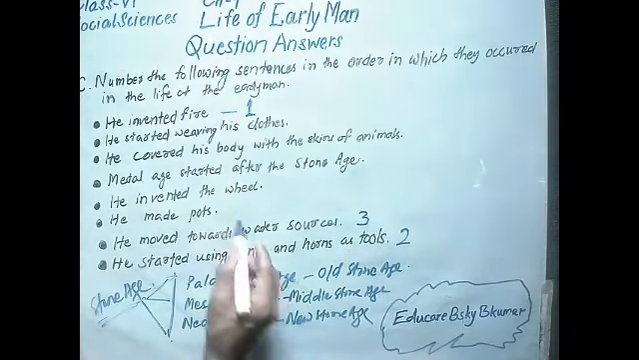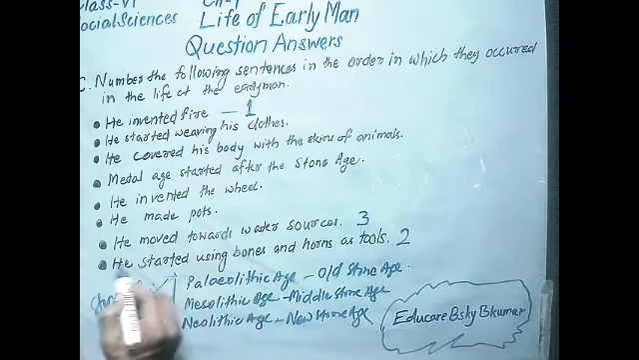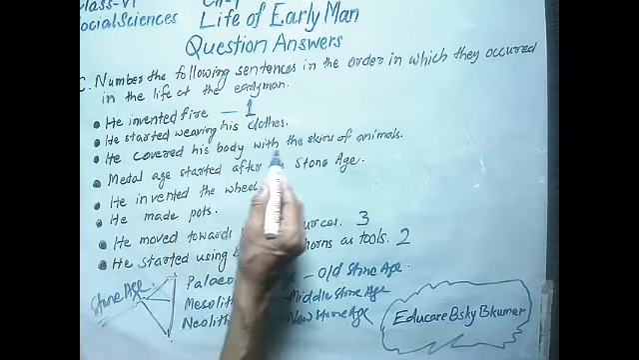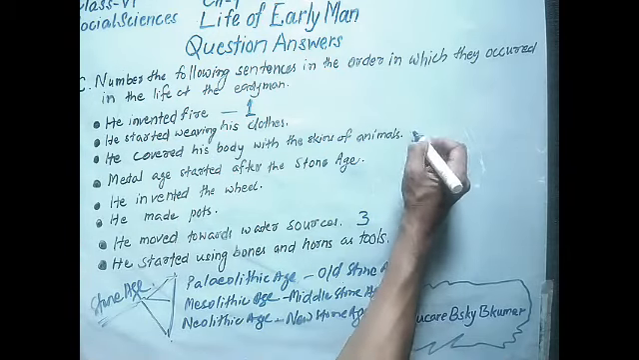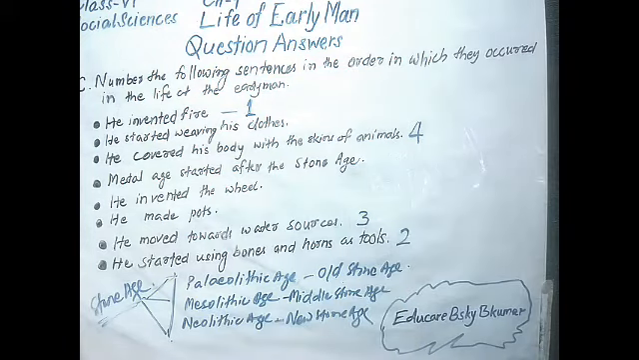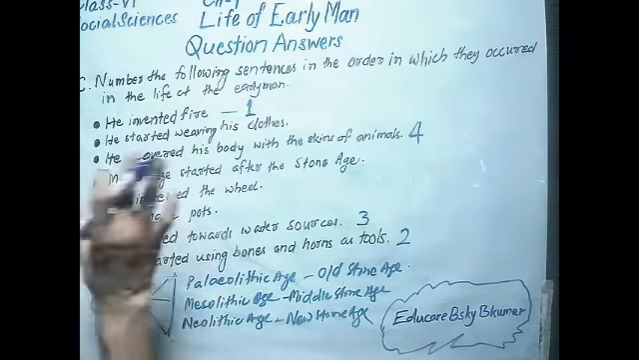Then in this period he had some animals also, and he covered his body with the skins of animals. Then this is the Neolithic age. It comes now, all the earlier events are done. After that it is Neolithic. He invented the